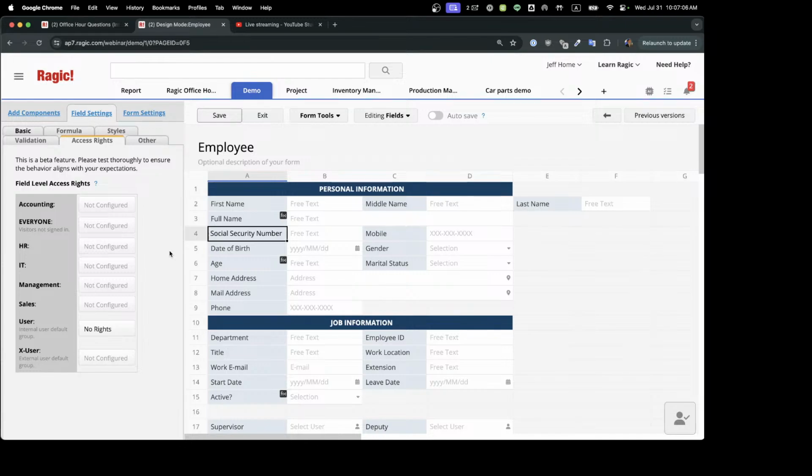Like before we had this type of field level access right settings, users generally would have to create multiple versions for this. So users would need to create one version of the employee sheet without the social security number